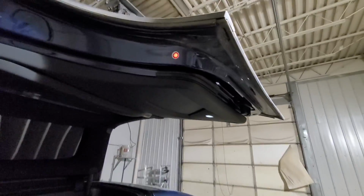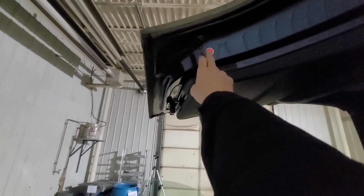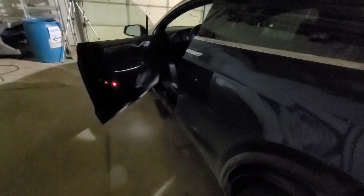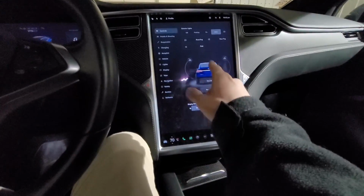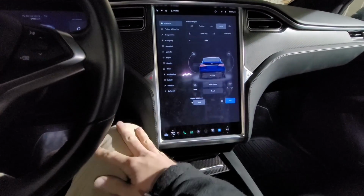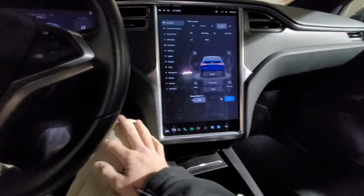And then to close them from the outside, there's this little red button. I do wish I could find out why they aren't playing nice. The service rep from the service center thought that it might be a child door lock setting thing, but being that this is a 2017, the settings are all different than what I'm used to, and this car doesn't even have some of the settings